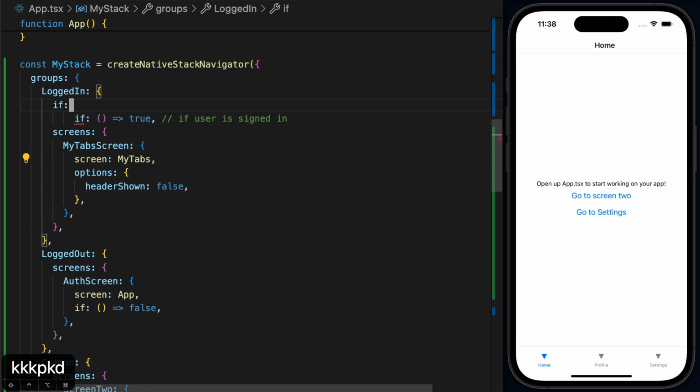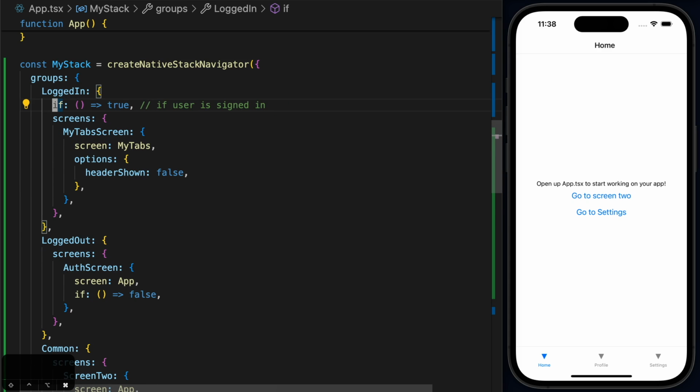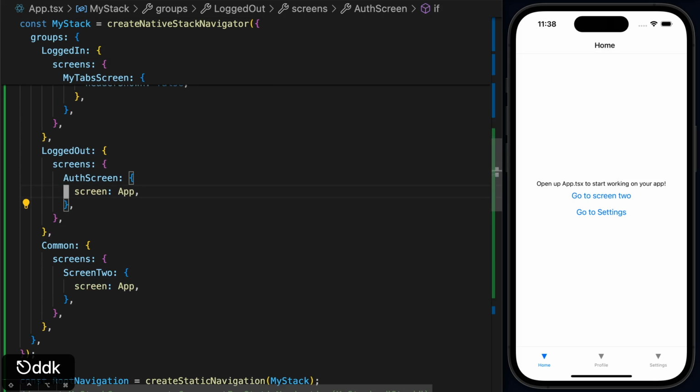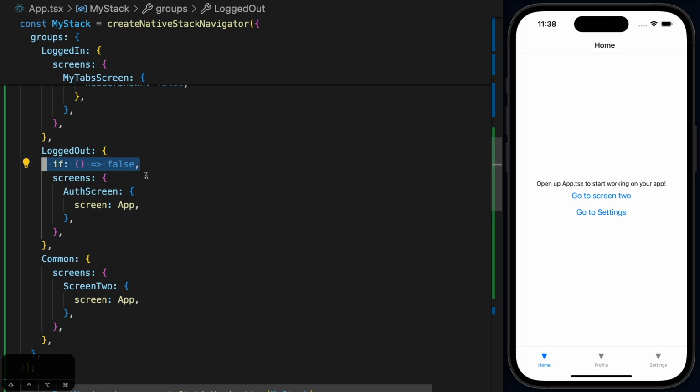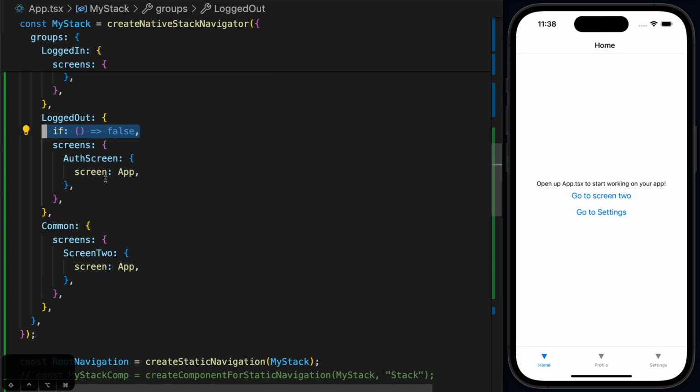So I'll just cut and paste it here. And now the entire group will be shown, not only this screen, but the entire group will be shown if the user is authenticated. And we can do the same in here for the group. If the user is not authenticated, we will show this. And finally,